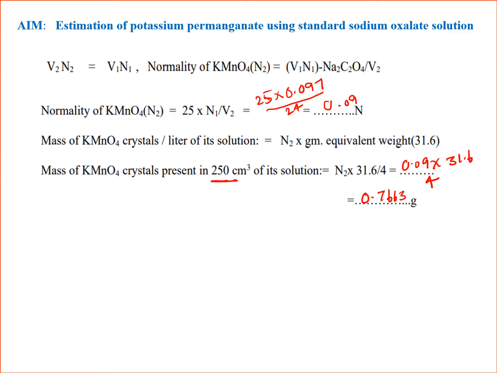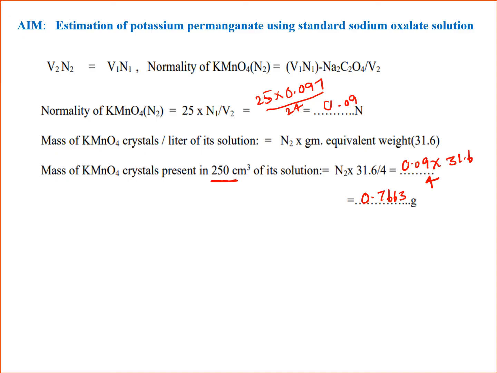The estimation of the amount of KMnO4 in the given 250 cm cube solution will be by using standard sodium oxalate solution. It will be easy. It contains two parts. Part 1 is preparation of standard sodium oxalate solution, and part 2 is estimation of the amount of KMnO4. For preparation of sodium oxalate solution, you should go to the balance, take a pre-weighed weighing bottle with the sodium oxalate, take the weight of that, and transfer it to the volumetric flask. Then you should make up to the mark.